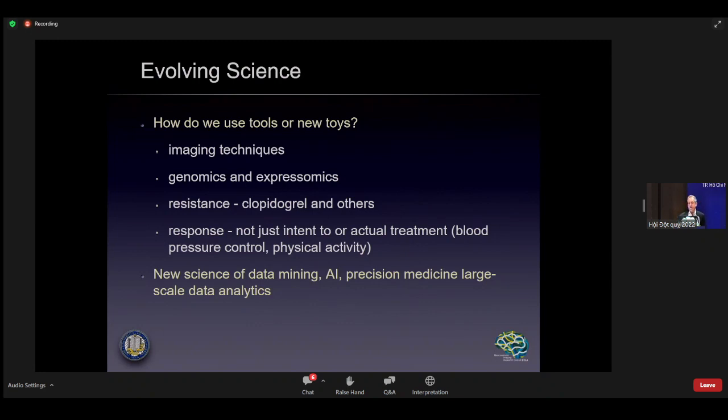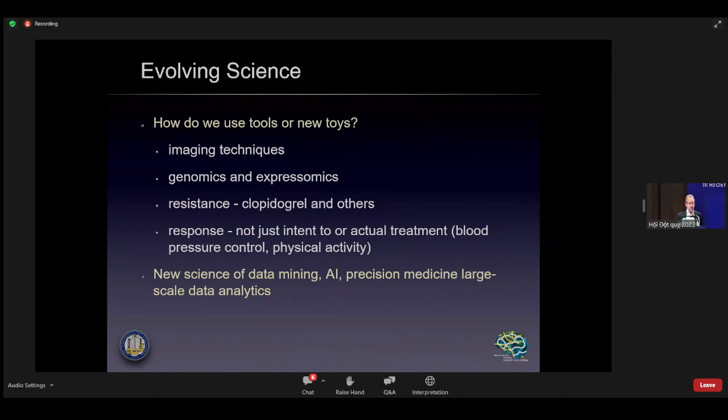What do we do about the resistance testing of the patient's response to various antithrombotic strategies? This has been an open question and a very confusing one to providers recently. Platelet responsiveness and whether patients are actually responding to the medications that we put them on. Whether they're responding to the blood pressure medications. It's one thing to prescribe medications. It's another thing if the patient's actually taking it. And a third, if they actually respond based on something we can measure.